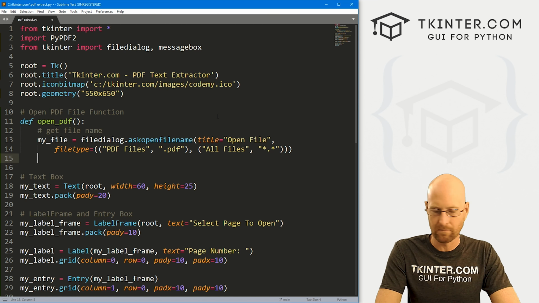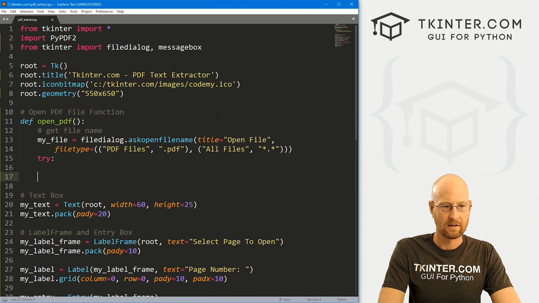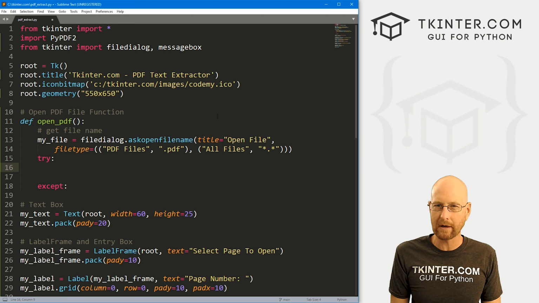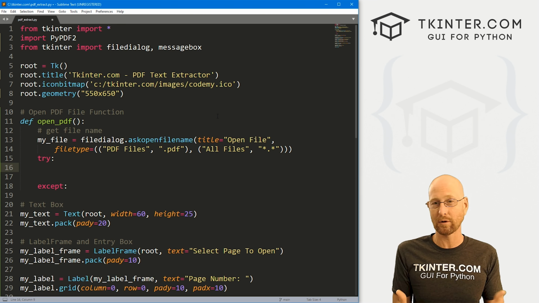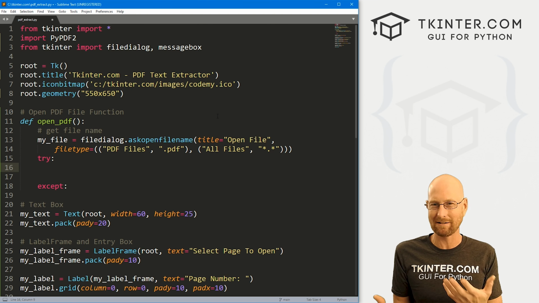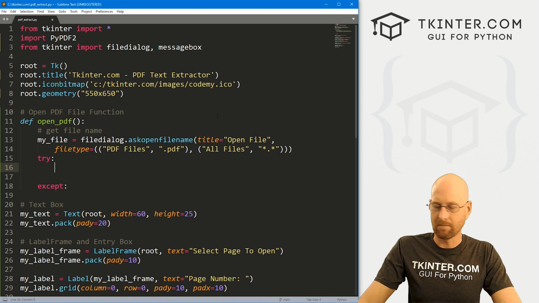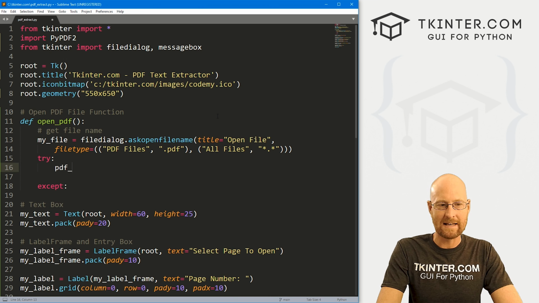Now we need to open it. So let's use a try except block here because there very well could be errors. If we try and open a file and it can't open, if we designate the wrong page number to open, like if the PDF only has 10 pages and we say, hey, try opening page 20, it's going to throw up an error. So we need a try except block here. So let's create a variable. I'm going to call it PDF file. And this is where this